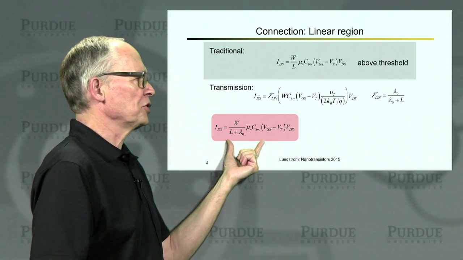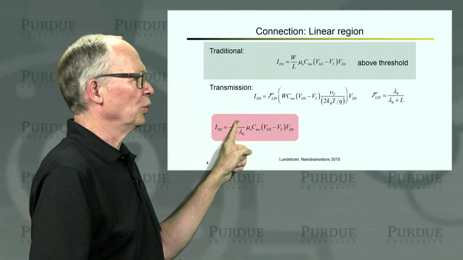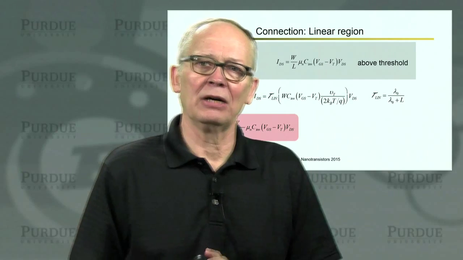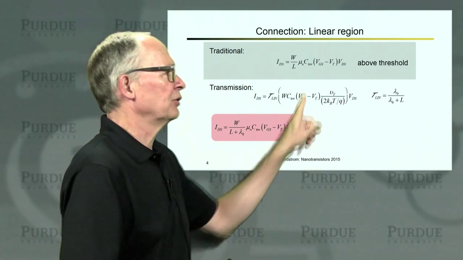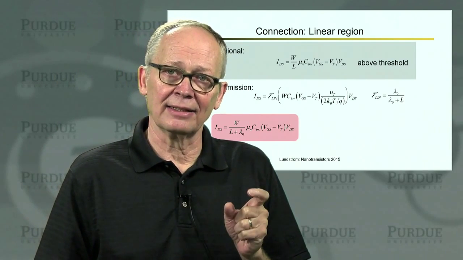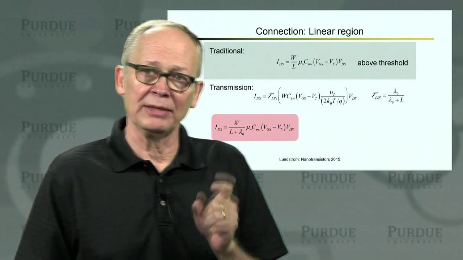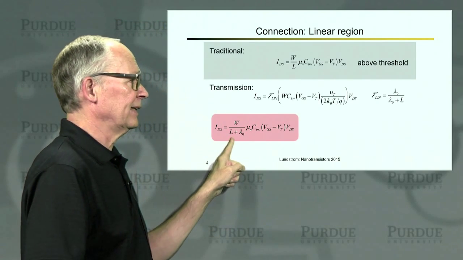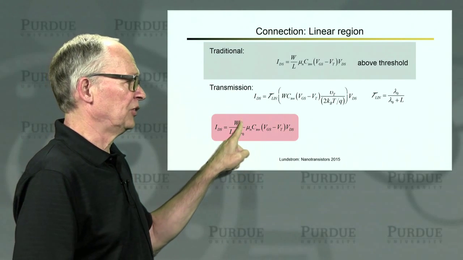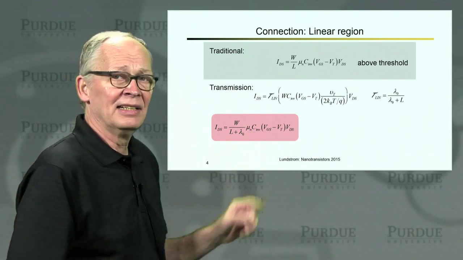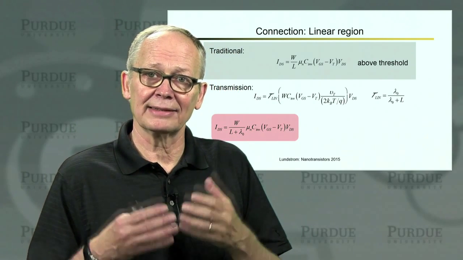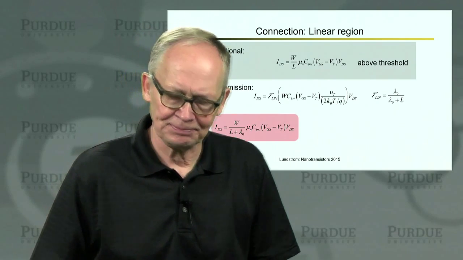You can do this algebra and write the current as width divided by length plus mean free path. So this is one way to account for ballistic and quasi-ballistic transport in the traditional model. We simply replace the length in the denominator with length plus one mean free path. As the channel length gets very short, much shorter than the mean free path for backscattering, we simply have W over mean free path. Remember that there is also a mean free path in the mobility. So those two mean free paths cancel out and we're at the ballistic limit.